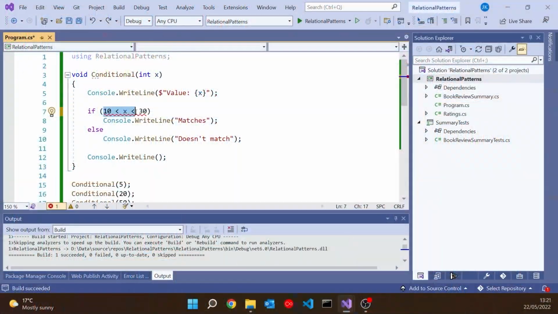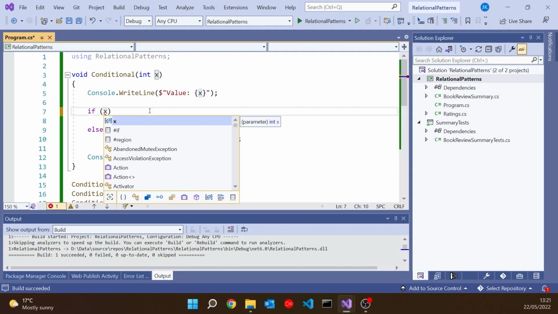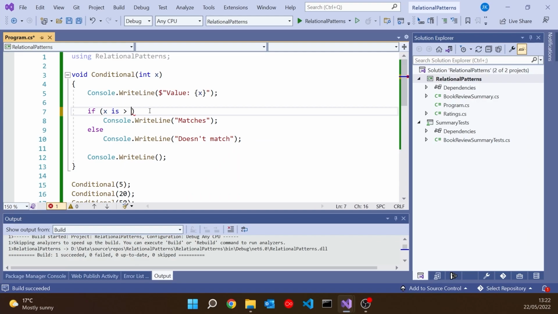to do it correctly in C# since the beginning, until C# version 9, because in C# version 9 the idea of relational patterns were introduced, which allows us to do something similar. It doesn't allow us to write precisely that syntax that we want, but what we can write is something like this. We can say if x is, and then say greater than 10, and notice it's a keyword and, not the double ampersand you might otherwise have, less than 30. So it's actually not saving any typing compared with doing it in the more old-fashioned way, but it's just showing this new feature we have in there.